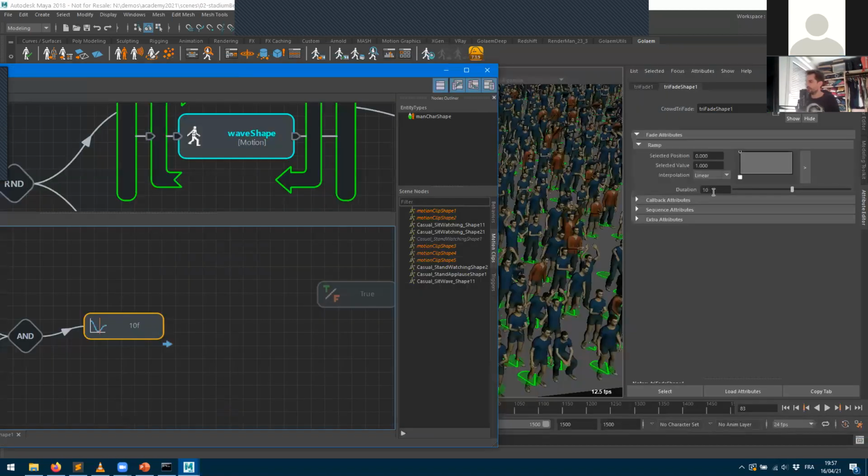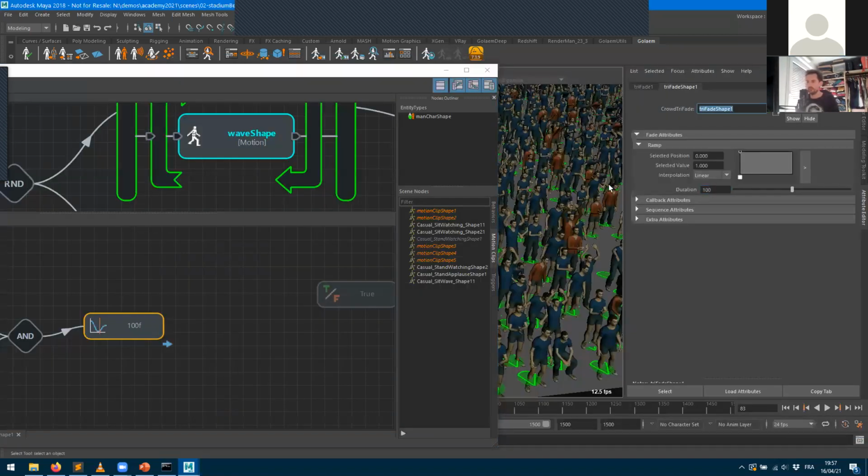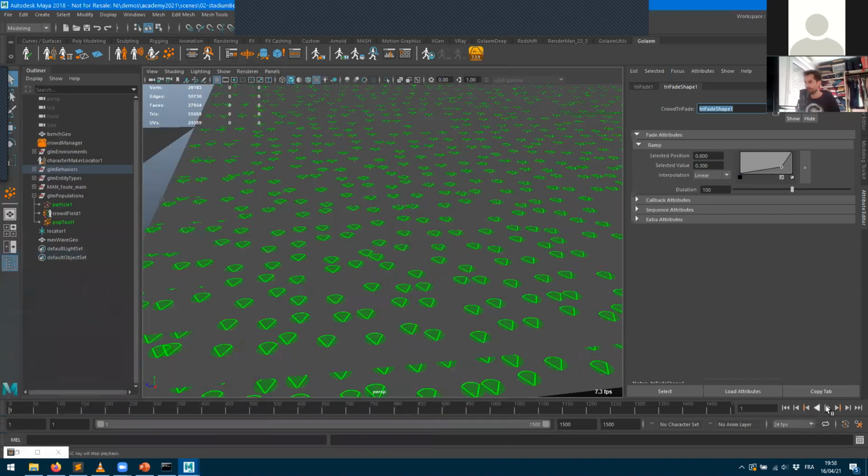I'll put maybe 100 frames here. We used that one yesterday, so I won't go into too much detail. So I'm going to say, okay, my people can fade between 1 and 100 frames. At the beginning, there aren't too many people starting that behavior, and at the end, I want all of them to be at least raised. And now if I run the sim, I should get